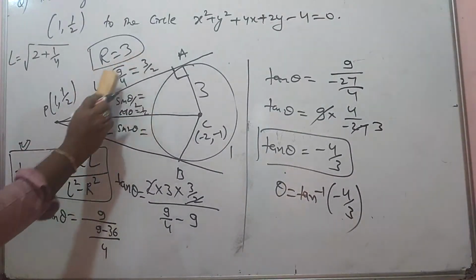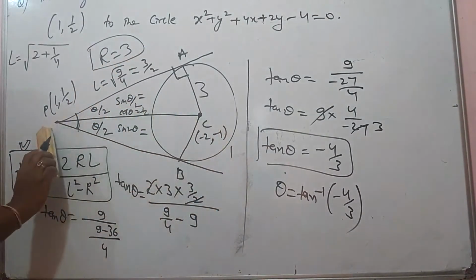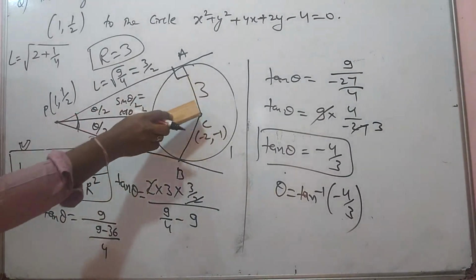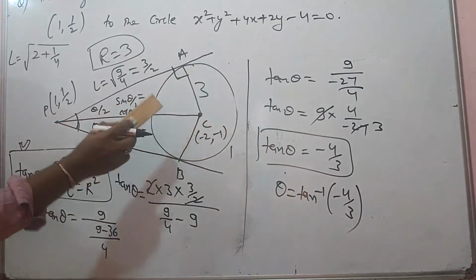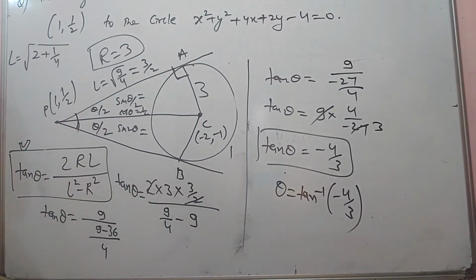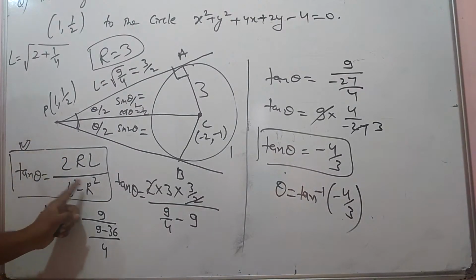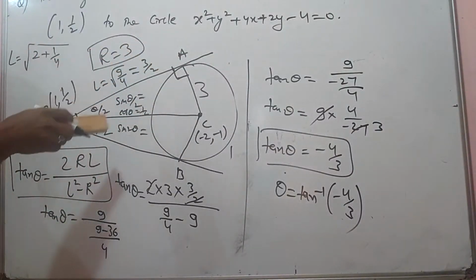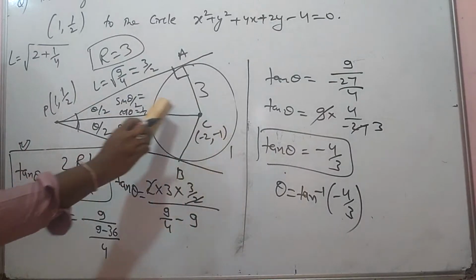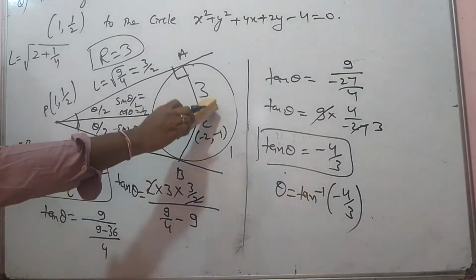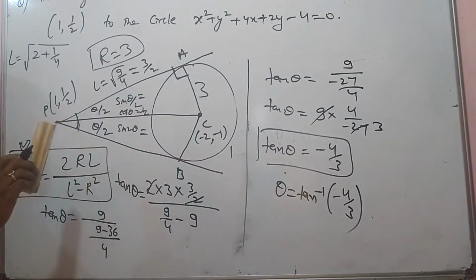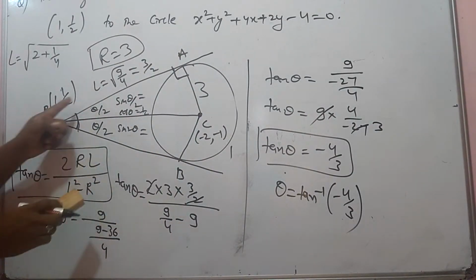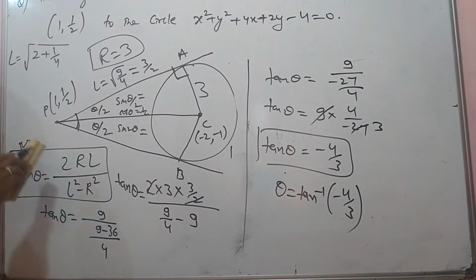One more thing, without L also, you can find the distance between these 2 points. So sine theta by 2 you will get, and from that you can find it. You can use sine square theta plus cos square theta is equal to 1. You can get cos theta value also. So it can be done without this formula, and without the length of tangent also. You need to understand the main thing: without the length of tangent, you can find the distance between these 2 points, and you have the radius, and you can find it. Otherwise, if you remember the formula, this is the easiest.